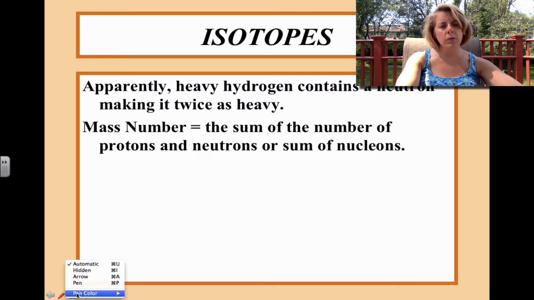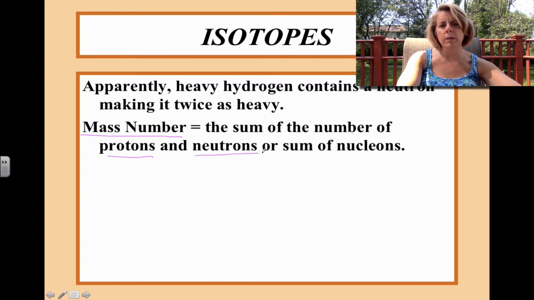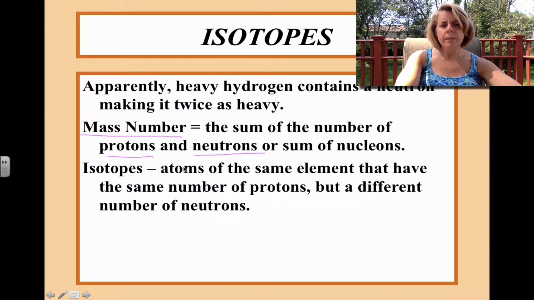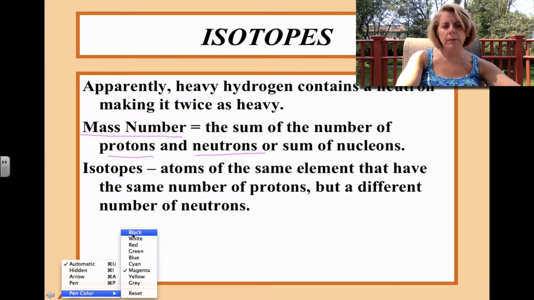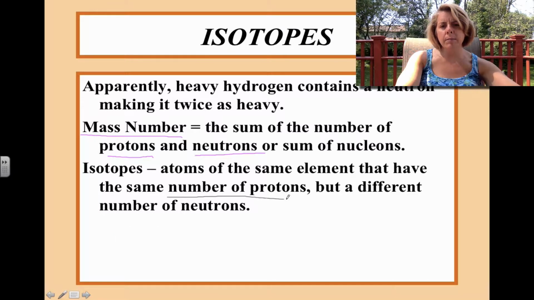Well, they had to come up with something which they call a mass number. Now, when we talk about radioactive elements, mass number is really going to be important because it's essentially the summation of protons and neutrons together. So when we're looking at a mass number of a specific element, we're looking at how many protons and neutrons combined equal that mass. So this means that isotopes, and this is something that they finally realized with the presence of heavy hydrogen, have the same number of protons. But guess what? There's this additional particle called a neutron, which will cause it to have a different mass